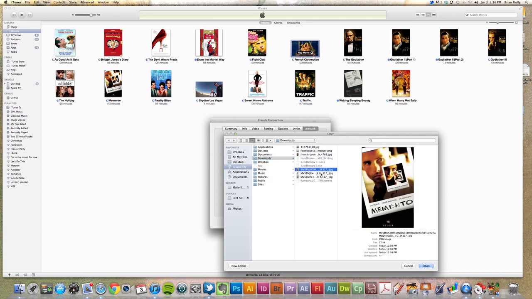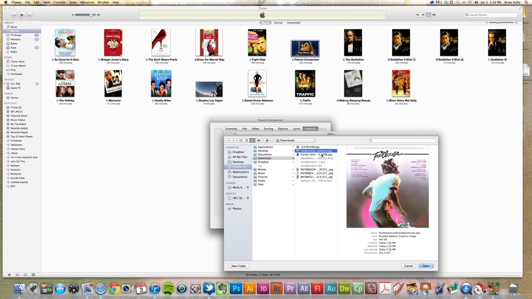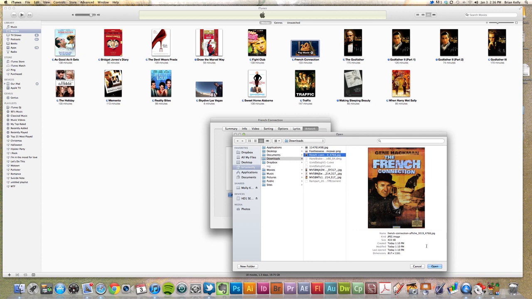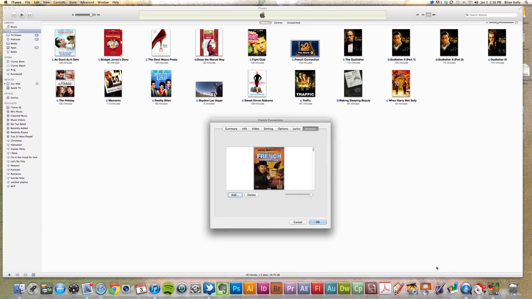And typically Google will give it some really funky name here. So sometimes you just have to scroll through them to find what you want. I found The Fringe Connection. Great movie with Gene Hackman. Click OK,